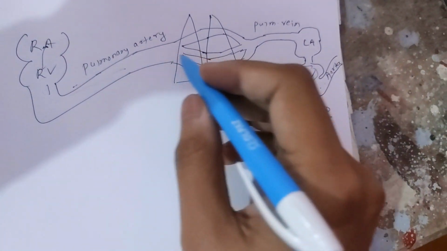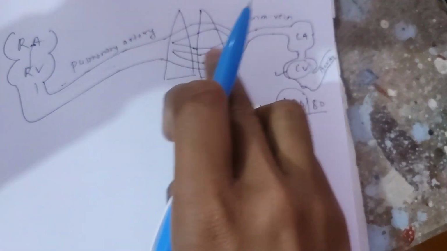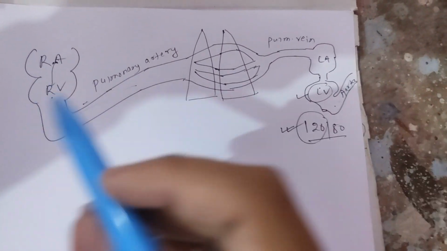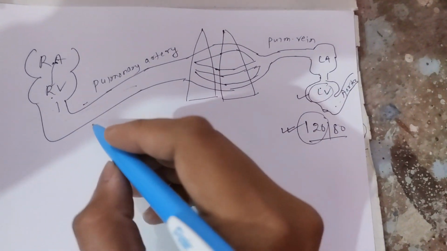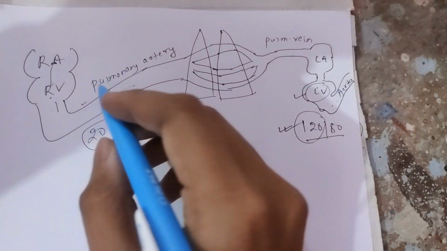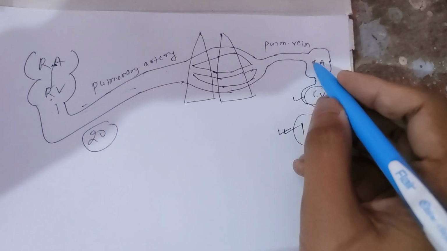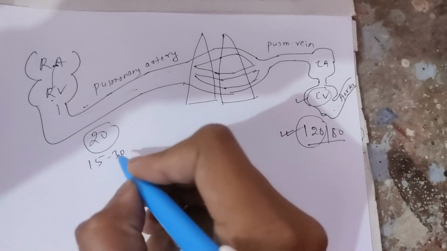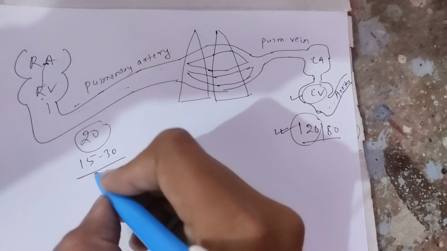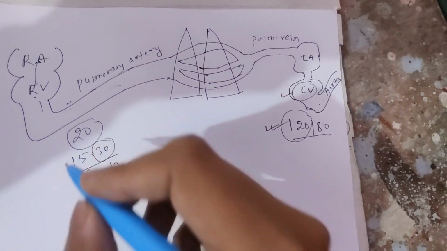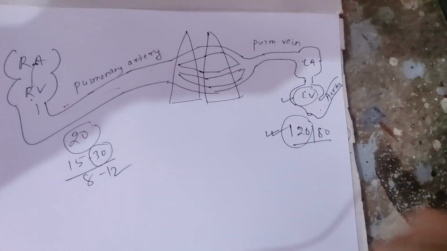But this circuit, you see, is a short circuit: pulmonary artery, capillaries and vein, so blood has to travel a short distance. So on this side, the right ventricle does not have to generate greater pressure. If the right ventricle can generate 20 mmHg systolic pressure, then it is sufficient to propel the blood to the left side of the heart. So systolic pressure ranges about 15 to 30 mmHg, and diastolic pressure is like 8 to 12 mmHg, right? So you can see here, less than 30 mmHg systolic pressure is able to propel the